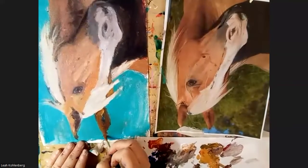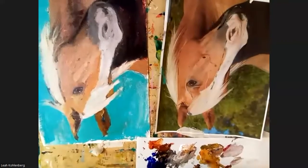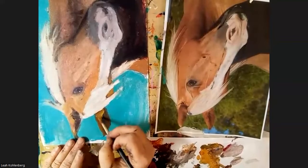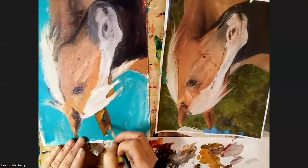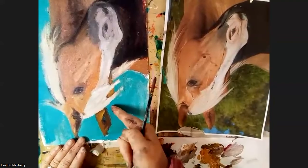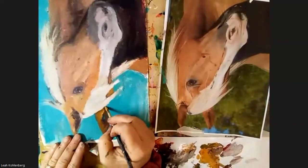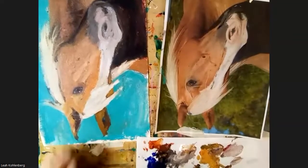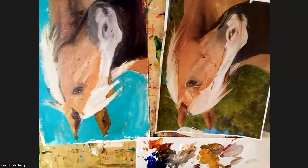There we go. So you see, I'm starting kind of dark, and then I'm going to let it dry for a minute and work on another area, so I can layer my lights in. For those of you who came in earlier, my original ear was over here. It started over here. And I kept looking at it going, that is absolutely not correct. And then I realized, oh yeah, it's in the wrong place. So this is a good dark color for the ear. In the meantime,